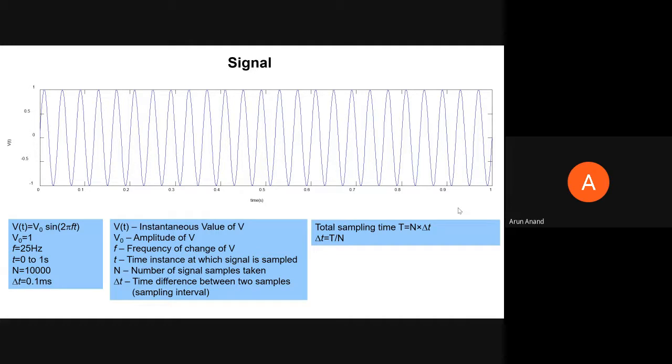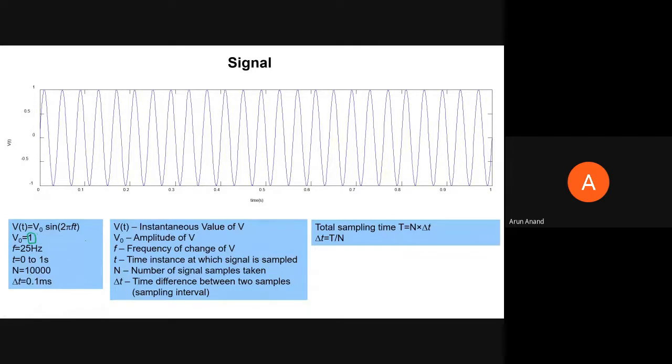Okay, anyway, so what I've plotted here is basically a sine wave. So I've tried to write the equation here. That is nothing but V0 sine 2 pi f t. Of course, V0 can be voltage, it can be electric field, it can be anything, it can be just a displacement of a particle in time also. And the amplitude is 1, so I haven't given any unit to that because it can represent anything.